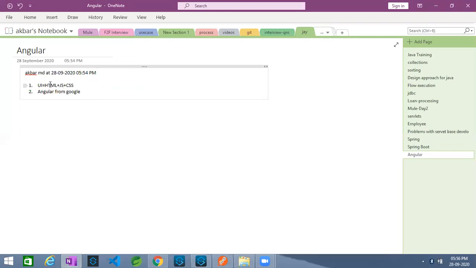So HTML provides controls like forms, buttons, inputs, drop down, etc. All these are components of your HTML.